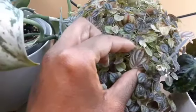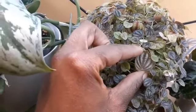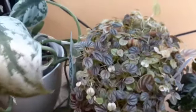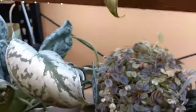These leaves were much bigger, and I feel like the longer I have it, the smaller the leaves get. This is like a medium size. When I first got it, it was much bigger. And then we have my